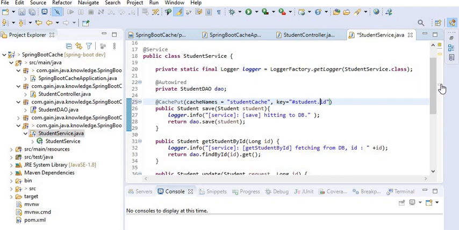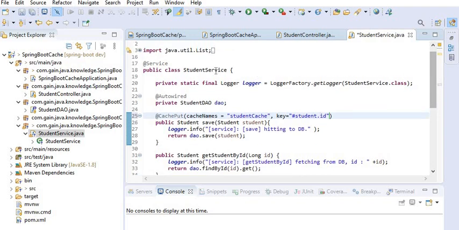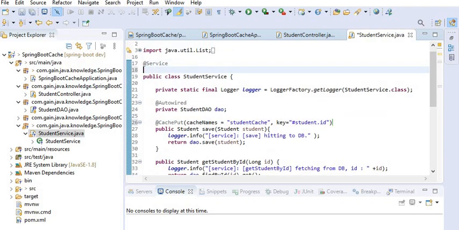And at class level we just need to define one annotation that is @CacheConfig, and here we need to define cache names that will be the same.